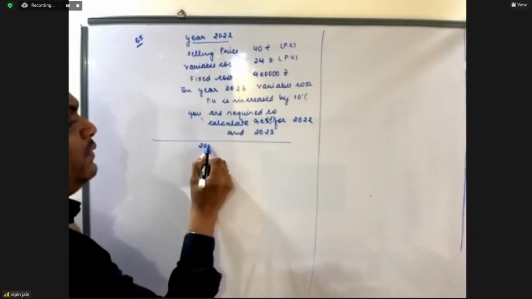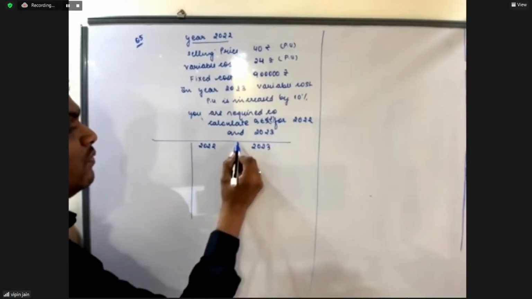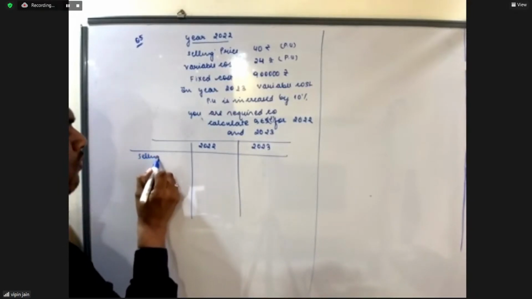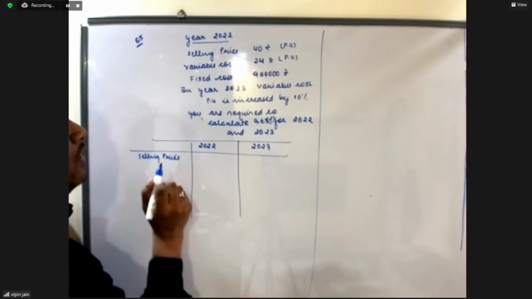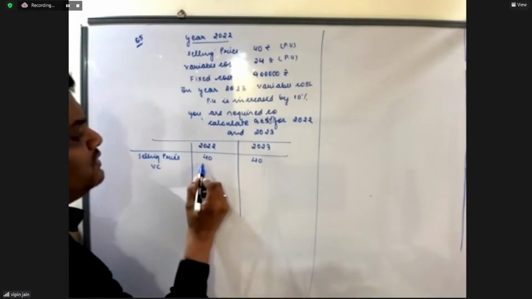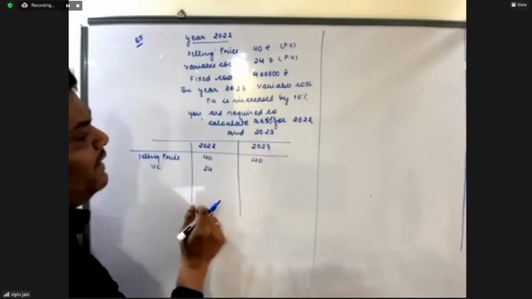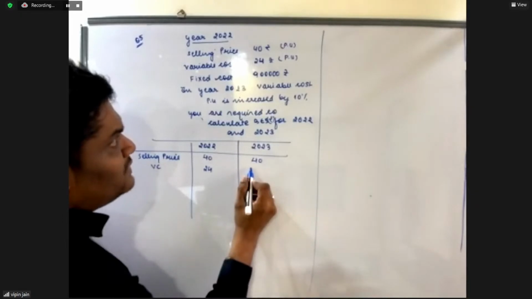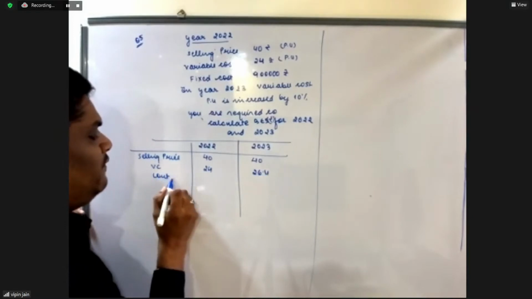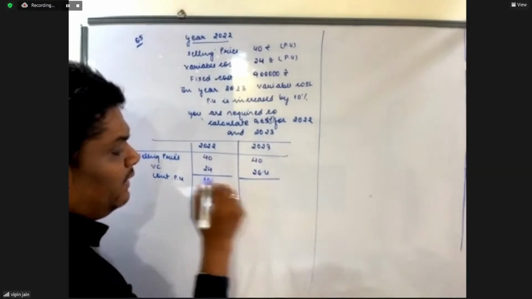When talking about 2022 and 2023, the selling price is 40 and 40. My variable cost is 24 and there is an increase in variable cost by 10%. So 24 plus 2.4, that is 26.4. Therefore, my contribution per unit will be 16 and